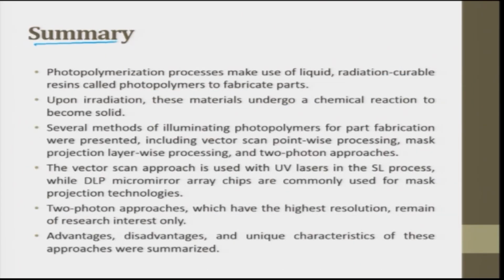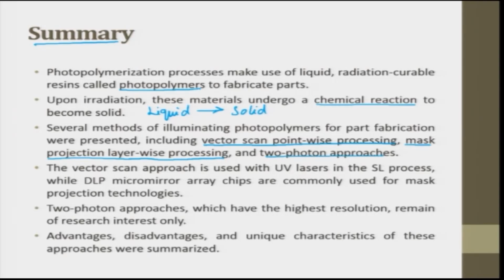In summary, the photopolymerization process makes use of liquid, irradiation-curable resin called photopolymers to fabricate parts. Upon irradiation, these materials undergo a chemical reaction and become a solid. So liquid is converted to a solid by light. Several methods of illuminating photopolymer for part fabrication were presented, including vector scan point-wise processing, mask projection, layer-wise processing, and